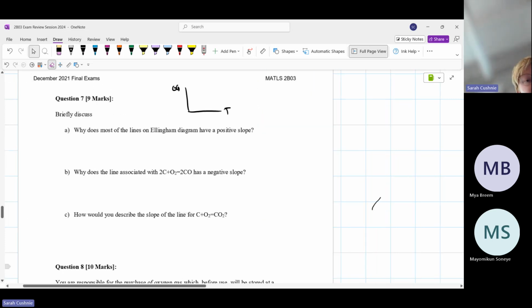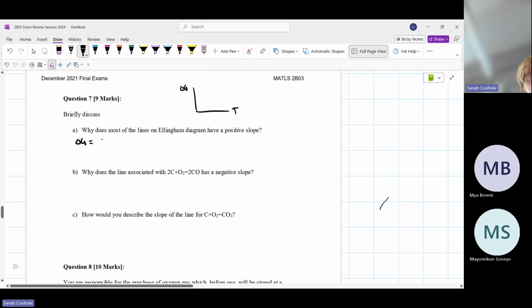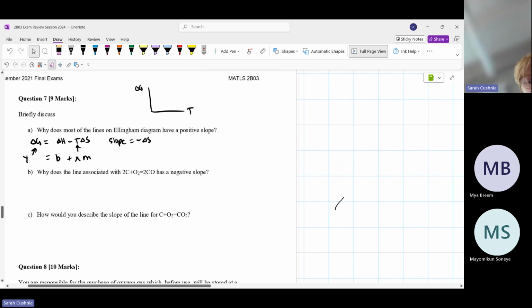So what we're plotting here, delta G is equal to delta H minus T delta S. If delta G is our Y variable, and T is our X variable, we can put this into Y equals MX plus B, where delta G, Y, is equal to B plus X times M. So it's Y equals MX plus B, but a little bit rearranged. And what this shows is that the slope is equal to the negative of delta S. So you'd be like, oh, but it has to be a negative value, then why is it positive? We know that delta S is going to be negative for this reaction because